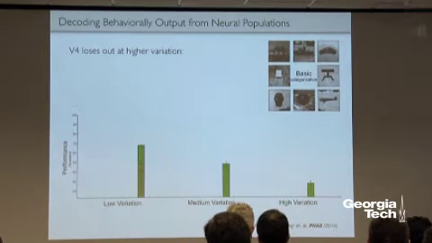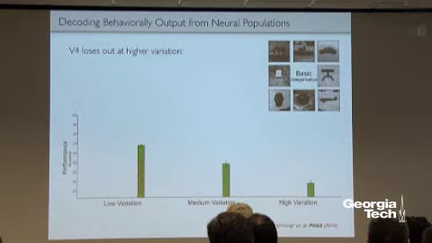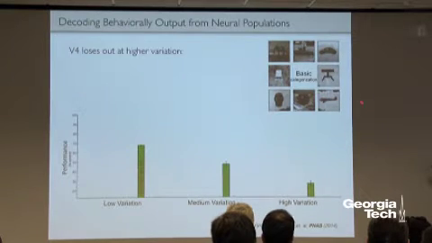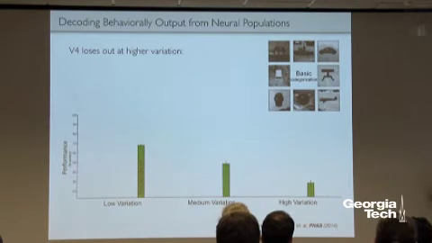If you do that with the V4 data, that's data from the V4 area, which is kind of an intermediate visual area, what you see is that it's quite good at low variation, right? So if you try to detect animals versus boats versus cars, et cetera, the sort of 8-way categorization task, it's at something like 60-something or almost 70% at low variation. Chance here is 12.5% since it's an 8-way task. But at high variation, V4 is much worse. Even though the neurons are being driven by the images, the stuff is in the receptive fields of the neurons, for those who think about such things. But nonetheless, the population is not able to easily decode